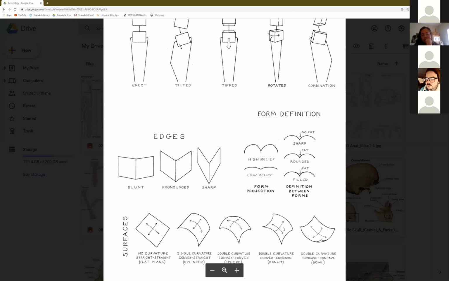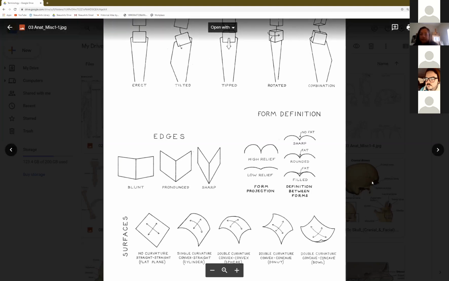We will find shapes like that, especially where joints meet, for example, at the wrist. Sometimes that's called a saddle joint. And concave,